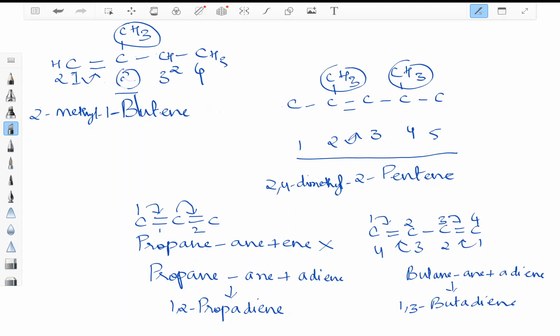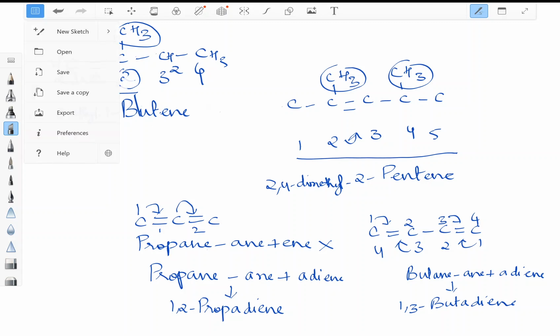So this is how the IUPAC system of nomenclature is followed. These are a few examples which will help you understand the three points given. The name of the hydrocarbon is based on the parent alkene, that is, 4 carbons or 5 carbons. The chain is numbered from the end near the double bond, so that the double bond gets the least possible number. And the third point is the name of the parent alkene with the position of the double bond is first written, that is, prefixed. Before the root word, we write the positions of the double bond.